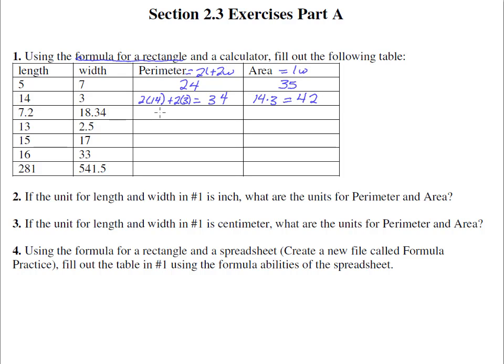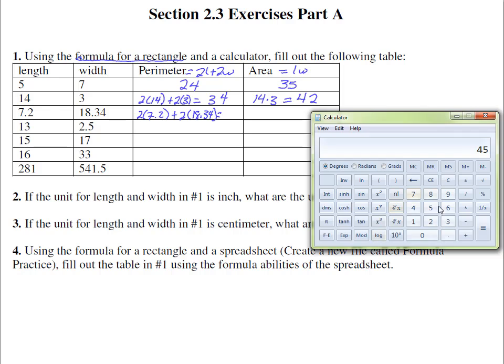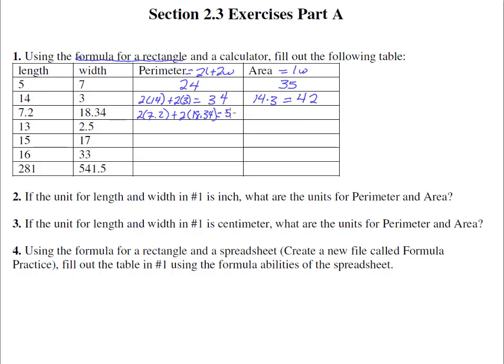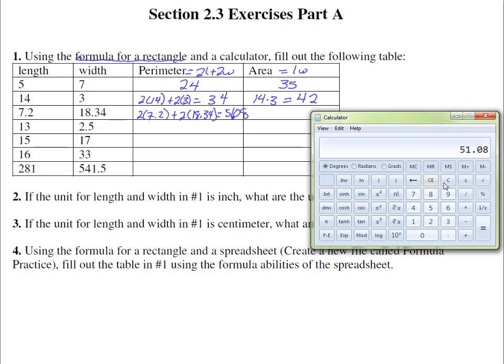All right, perimeter on this next one, we're going to have 2 times 7.2 plus 2 times 18.34. And what does that equal? Let's pull out our calculator. 2 times 7.2 plus 2 times 18.34 equals, and we get 51.08. Good. The area is going to be length times width, so we're going to take 7.2